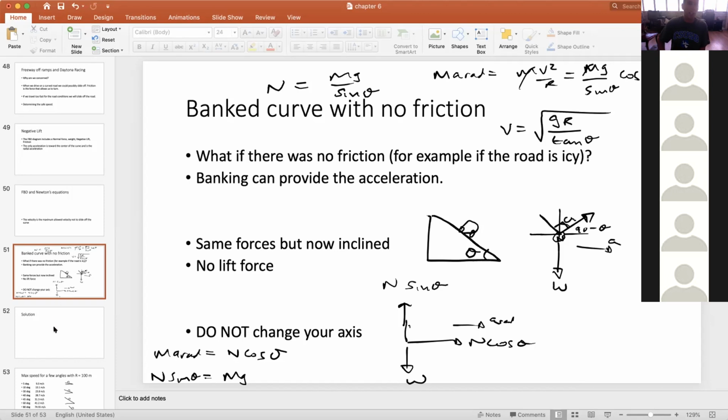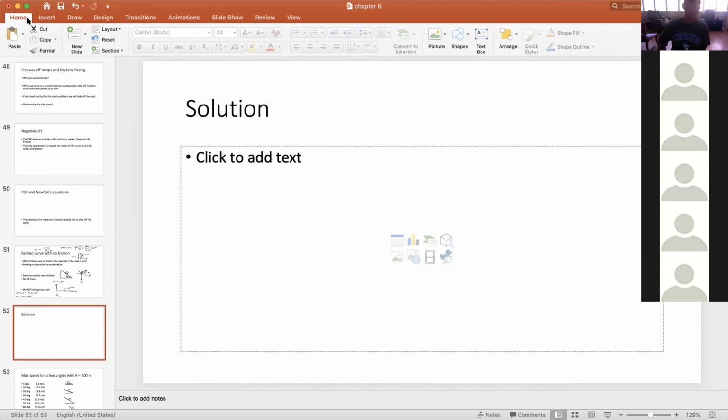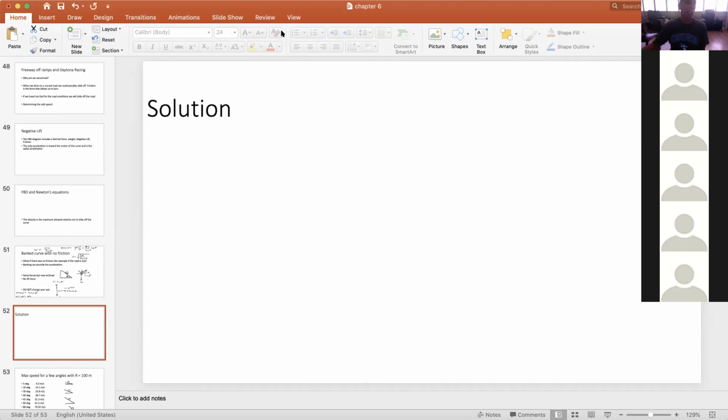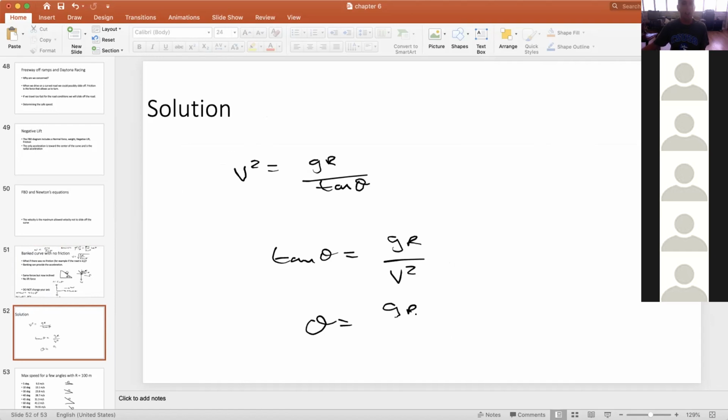So this is actually v squared is equal to g r tan theta. Remember, there's no friction here. So tan theta is equal to v squared over g r. But let's solve for v first. If R were 100 and theta was 20 degrees,